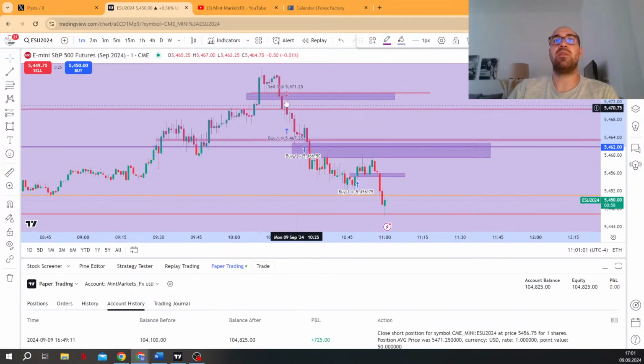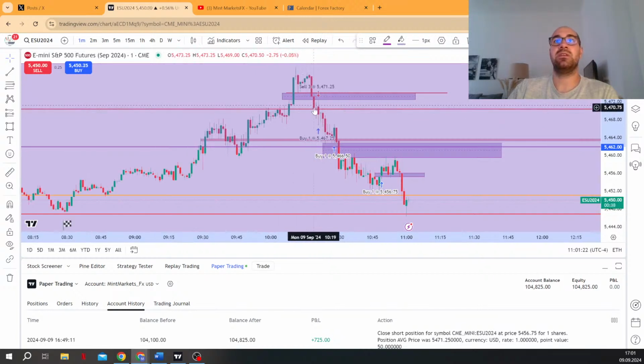We traded through it, had an inversion fair value gap built in. We traded into that fair value gap here, inversion fair value gap here, market structure shift here, traded lower, confirmed the market maker sell model here, and then we moved the stop and took partials